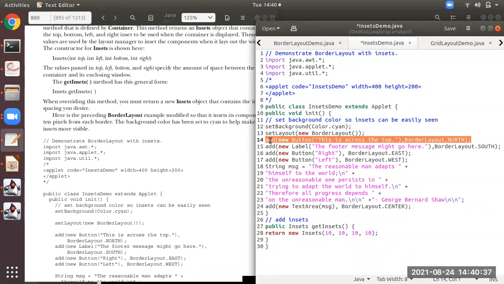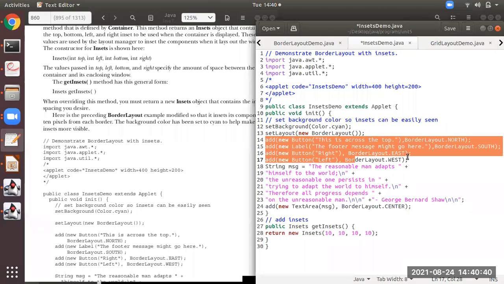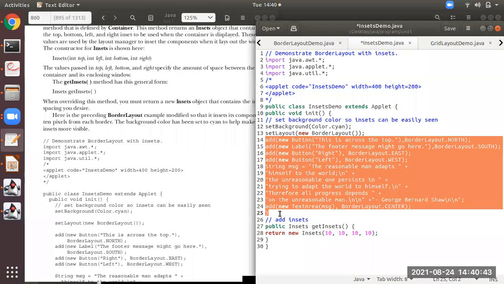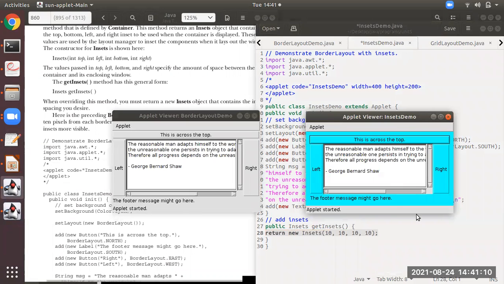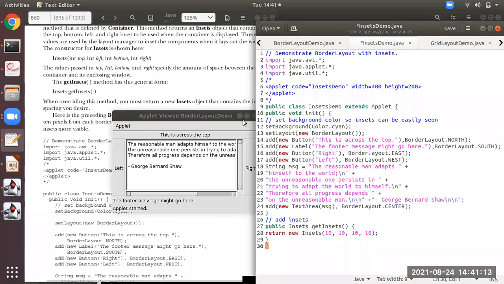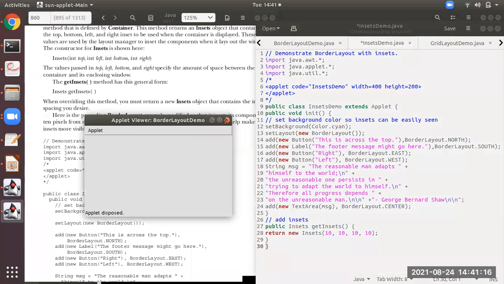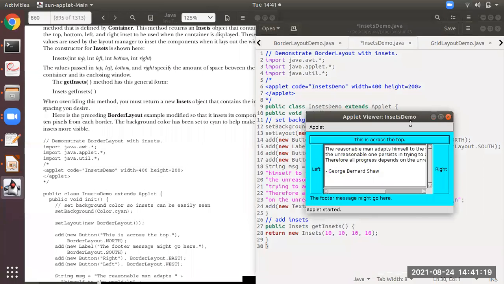Then line number 14, same thing, 15, same thing, 16, 17, same program. Even line numbers 18 till 25, same thing, text area. But what you are able to see is everything is in border layout only. But that border layout is being provided with this particular method, getInsets. What the getInsets method is doing is providing you some space between your components which are available in the applet window. So that is the purpose of insets. This is the program. I hope you all have understood.